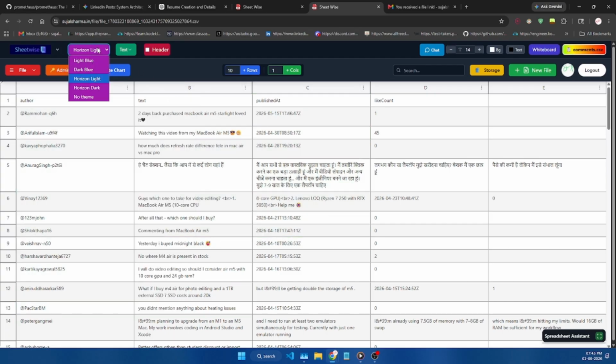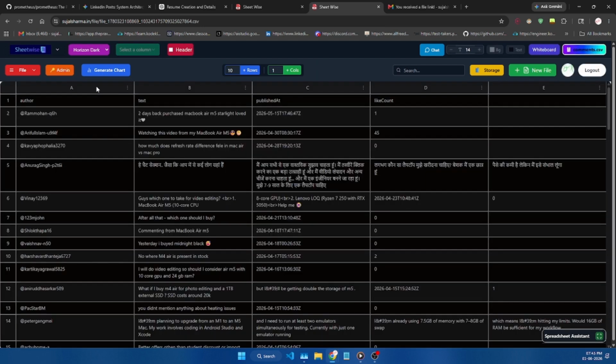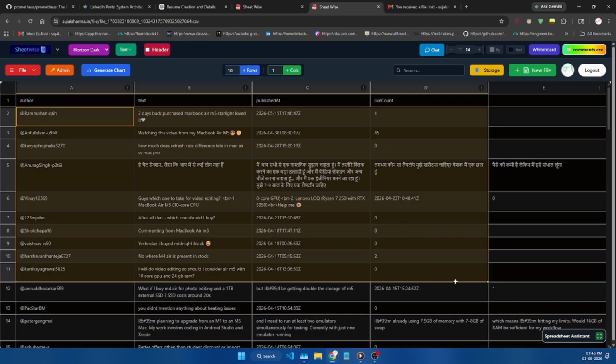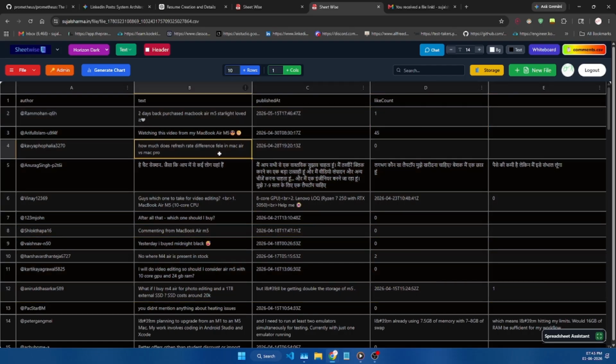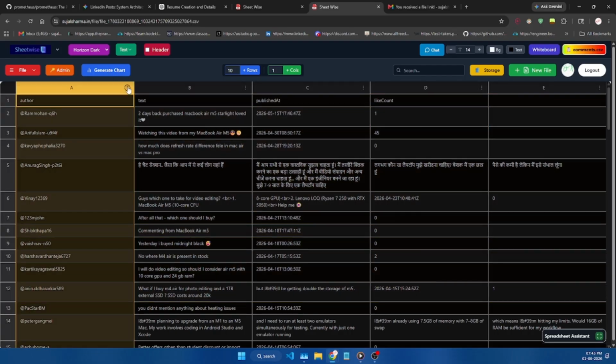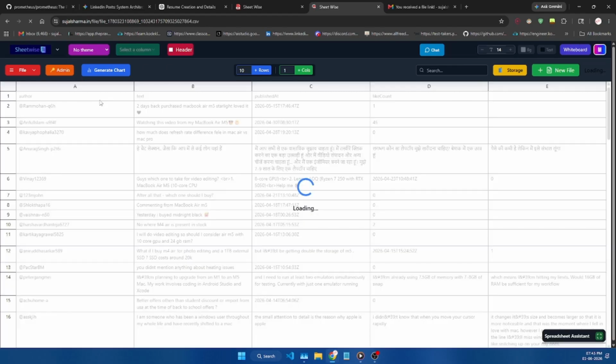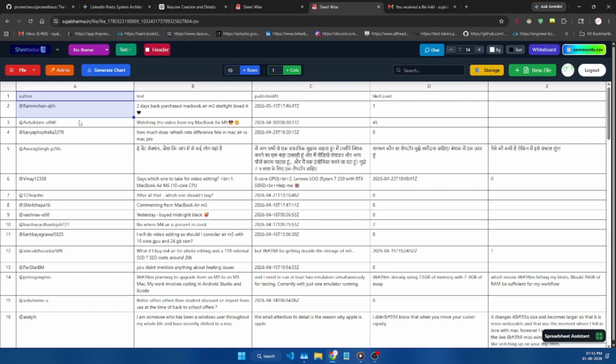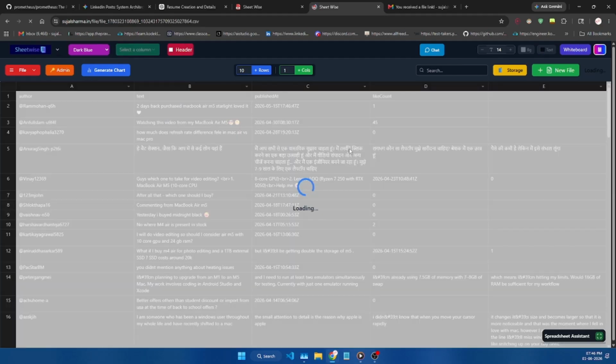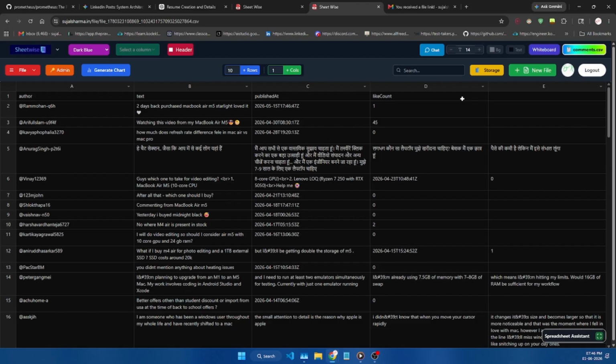All right, and now it's my favorite, Horizon dark. It's yellowish, it really looks good. And the final is no theme, basically Excel-like. All right, so default is dark blue. Switch it back.